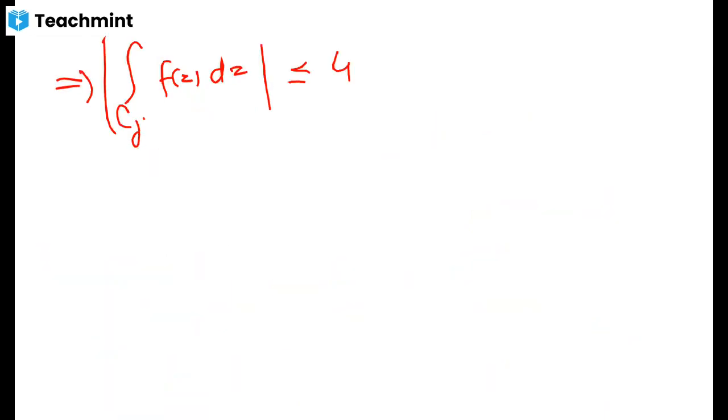So it is 4 root 2 times, let the area of that square be A_j, plus